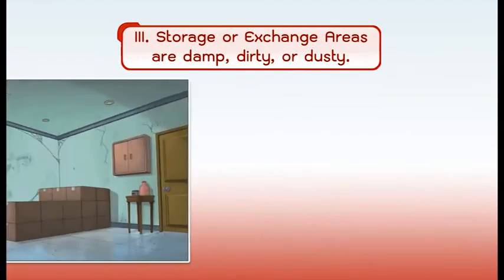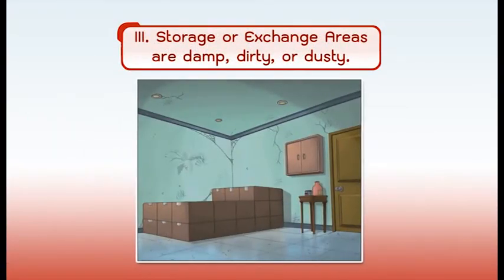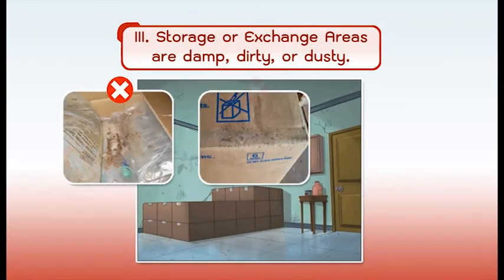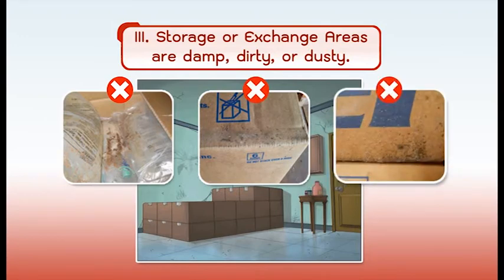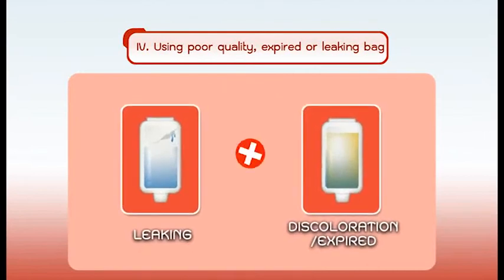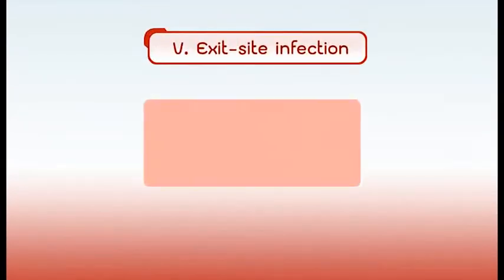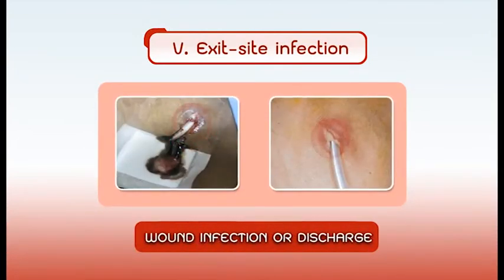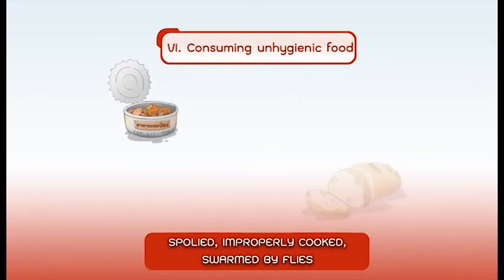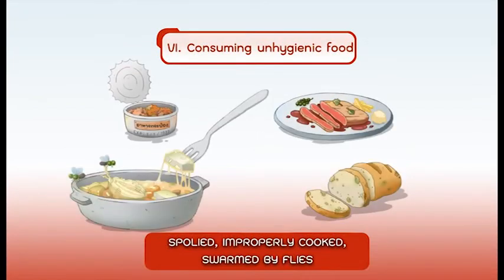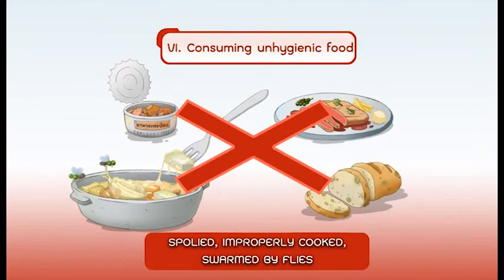3. If the rooms used to perform the bag exchange or storage of the PD cartons and other equipment is damp, dirty, or dusty. 4. Using poor quality, expired, or leaking PD bags. 5. An infection of the exit site where the catheter leaves the peritoneal cavity. 6. Eating food that is unhygienic, spoiled, not properly cooked, or swarmed by flies, or if a patient has a